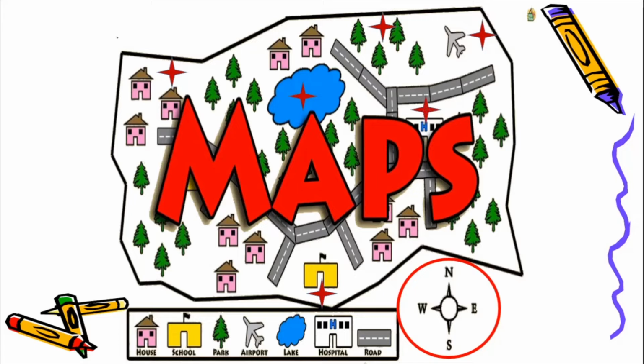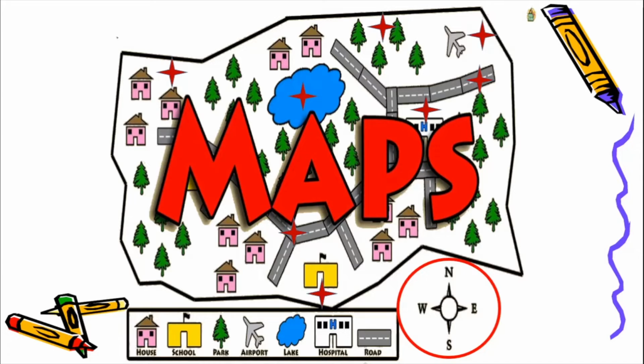If you see behind the P and the S, there is a hospital also in this particular area. Plus there are some roads. See, here there is a road and here there is a road. So see children, one particular map gives you an entire idea about the particular place which the map